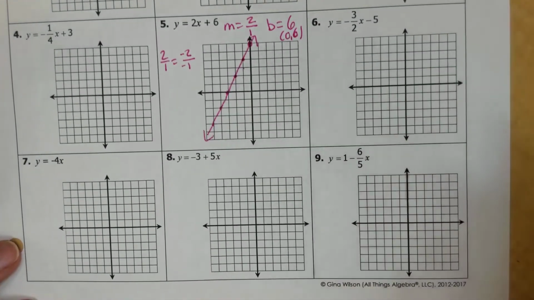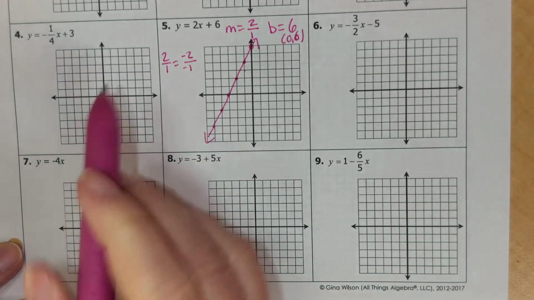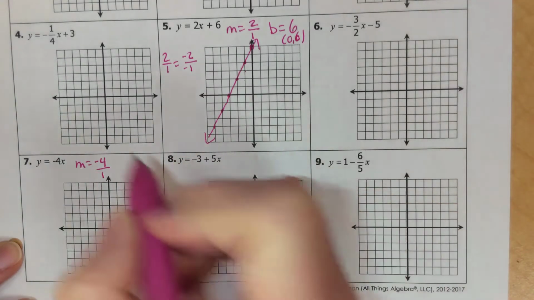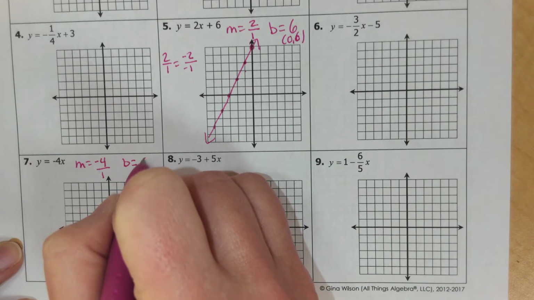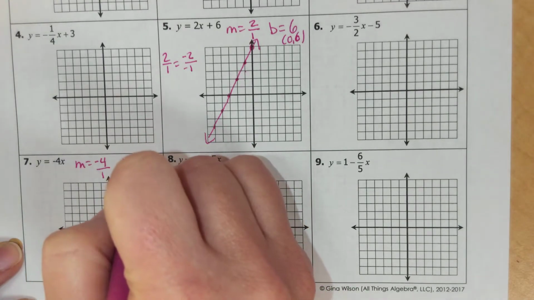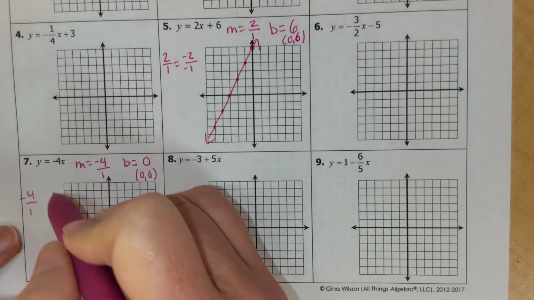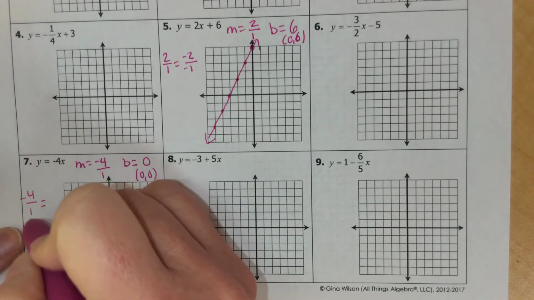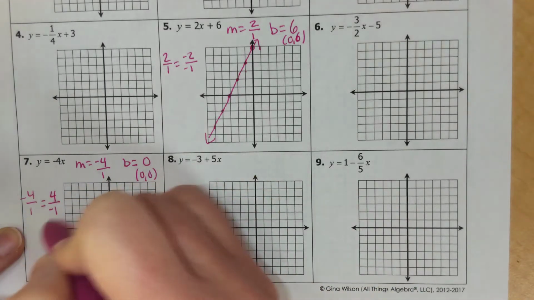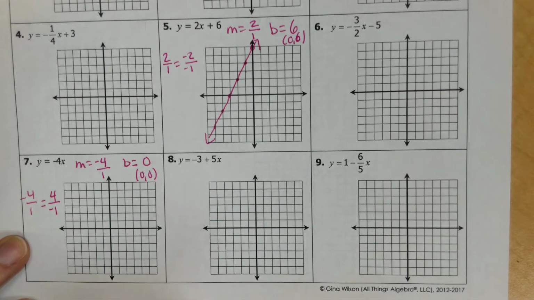Another example. Let's see what this looks like. So here I have a slope. Remember, slope is our coefficient. So m is equal to -4, or -4/1, and our y-intercept is 0. There's not a constant out here plus whatever, so that means that our y-intercept is at the point (0, 0). Now we do need an equivalent fraction for -4/1. I do need to have one of these numbers be a negative, so I'm going to flip it and let it be negative on the bottom and positive on the top. It's still going to give me a -4 either way. I haven't changed the value of the slope, just writing it in another way to be able to do my